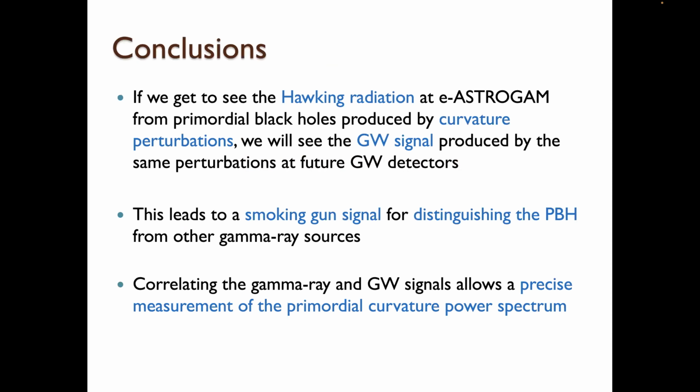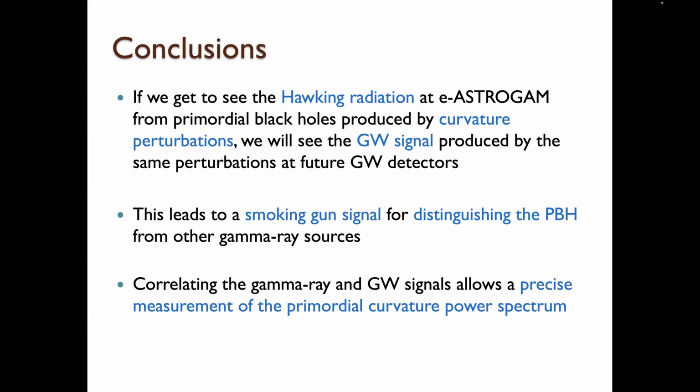Okay, let me go to the conclusion. So the conclusion is, if we get to see the Hawking radiation at e-ASTROGAM or any other gamma ray observations from primordial black holes produced by curvature perturbations, and we also see the companion gravitational wave signals in the future gravitational wave detectors, this leads to a smoking gun signal for distinguishing the PBH from the other gamma ray